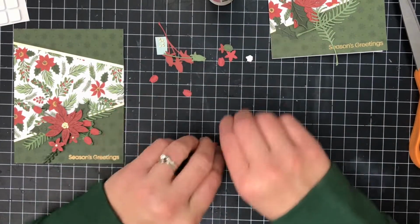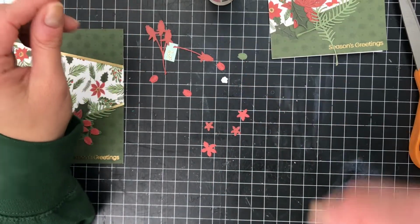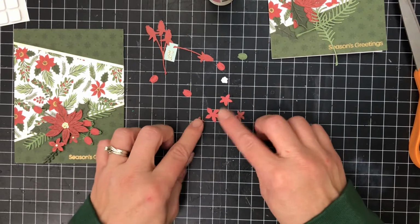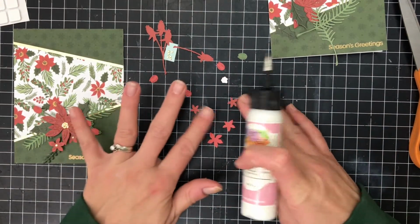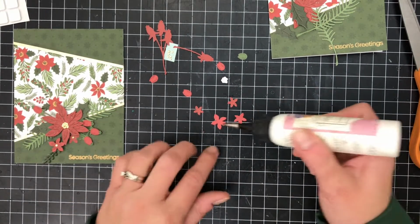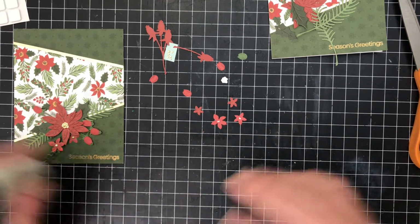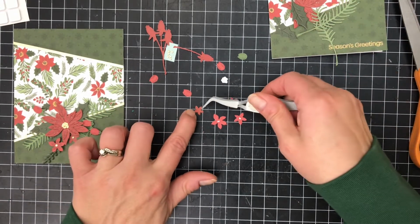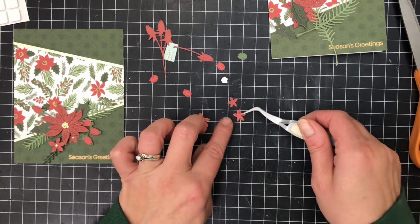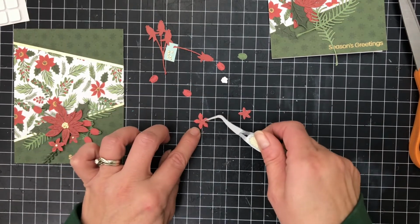All right, so we should have 4 flowers. I seem to be missing one. Oh no, I'm not. 1, 2, 3, 4. So you have 2 bright red pieces that are larger and the smaller, darker red. They have embossed lines in them, and they are gonna layer on top of the bright red. So one goes on the other, and I don't know if there's a right or wrong. I think you can play around with it. You could offset them too if you wanted. I just have them